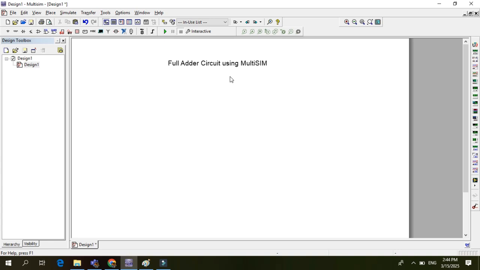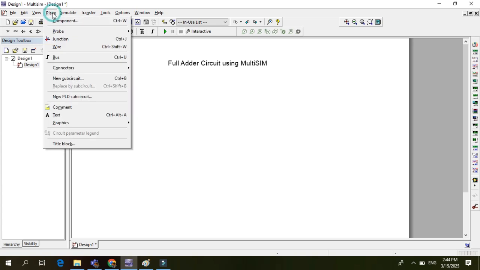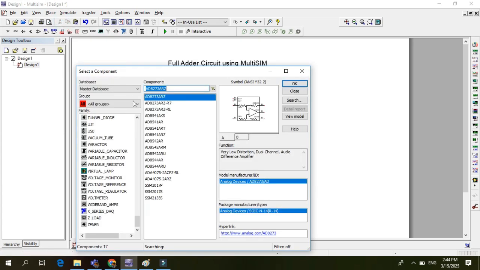You should have a circuit with you, so we can follow that circuit. You should have a circuit diagram. If you don't have one, just go to the end of this video and take a screenshot and you can follow it. So here we came to select component, place, and the component,